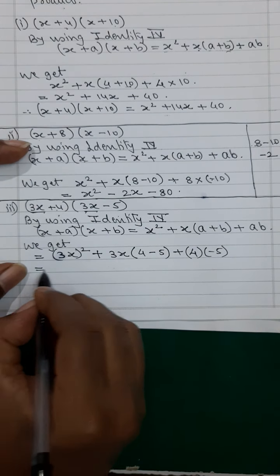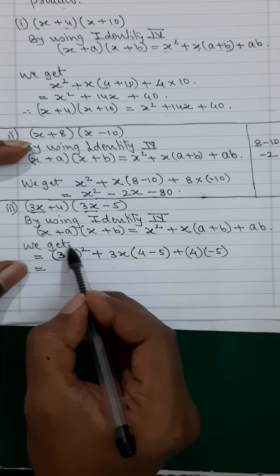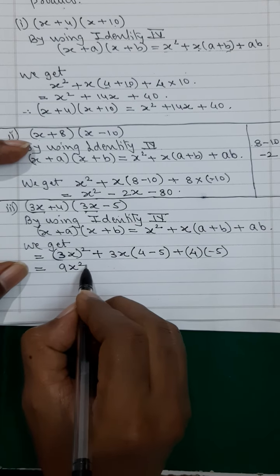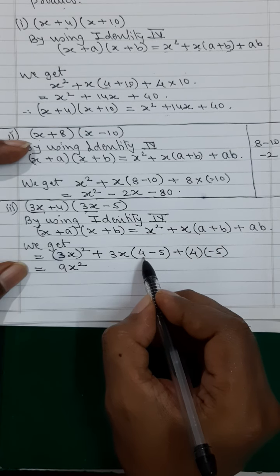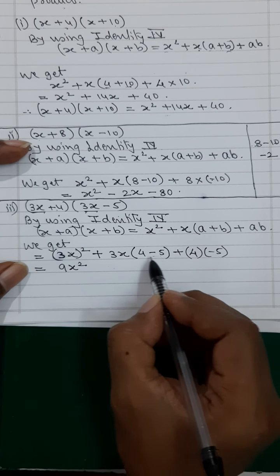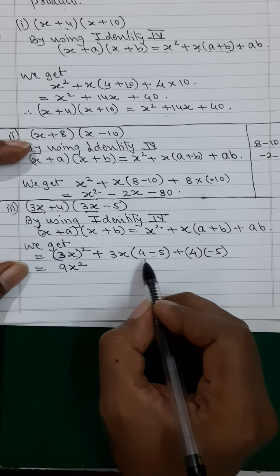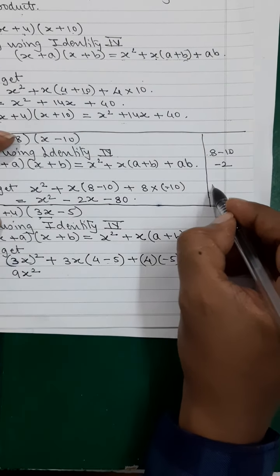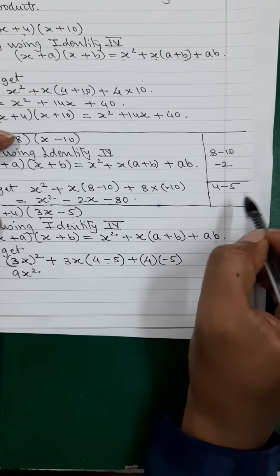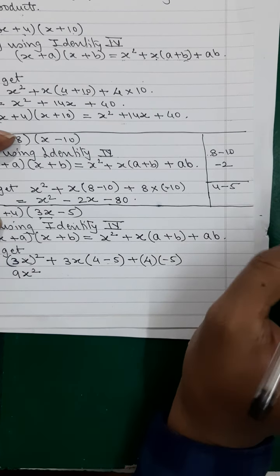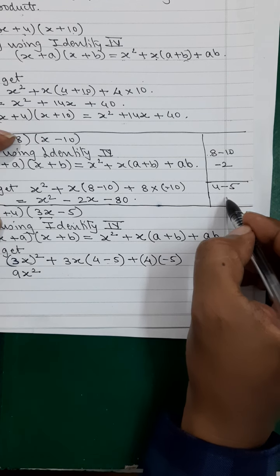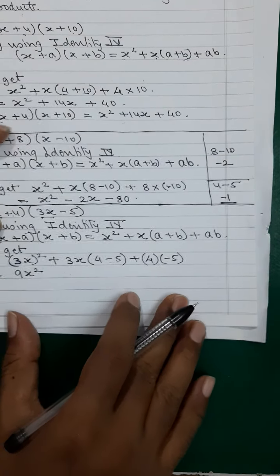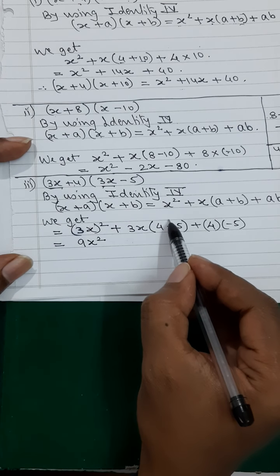Okay, now if I go to solve this, this square is applicable to both. 3 square will become 9x square. Now I have to first solve the bracket. 4 minus 5 will be minus 1. Remember, sign of the greater number. I come over here, say 4 minus 5. Plus minus minus, so we will subtract. Subtraction, 5 minus 4 is 1. Sign of the greater number is minus. So minus 1 is the answer of this.